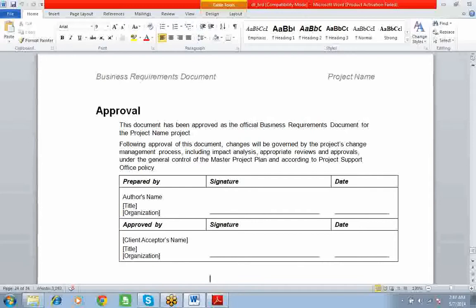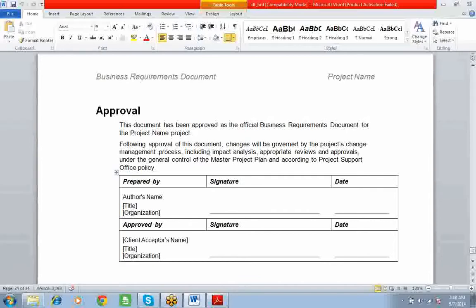Approval, very important. Once you design this document, you have to send it to the client. Client will look into this document. If the client is not satisfied, again he or she will ask you to make the changes. Once the changes are made, if everything is done, then only the client is going to approve this document. Let's see here, prepared by, author name, signature, approved by.